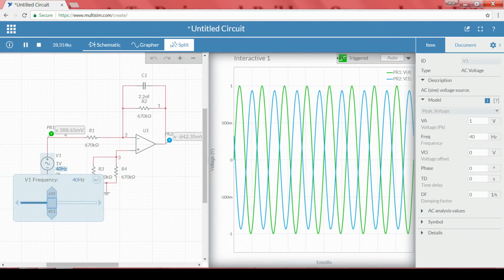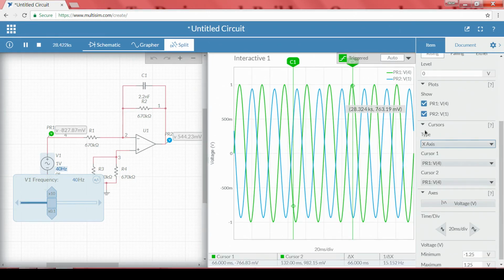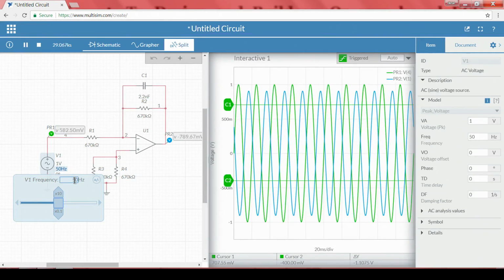Right. So, in order to understand that, let me put in cursors. I will go with the cursors and make it a y axis cursor. At what point do we have to see? We have to see a point at 0.707. So, I will put cursor one at 707 millivolts. We can see the cursor now, yes. Cursor 1 is at 707. Whenever this blue color line goes below 707, that frequency is nothing but our cutoff frequency, right. So, I will increase.